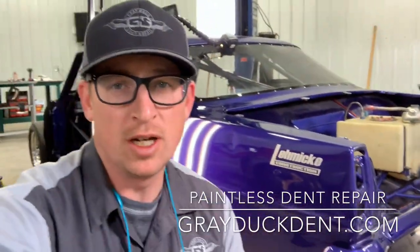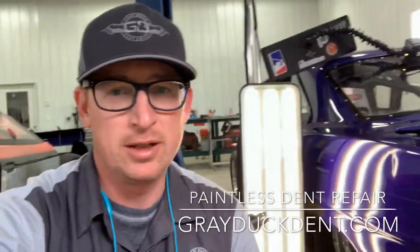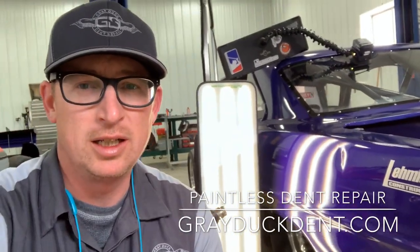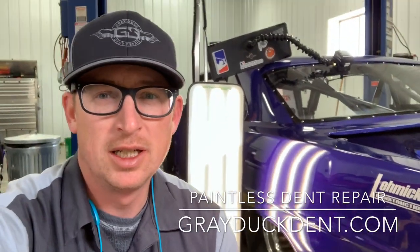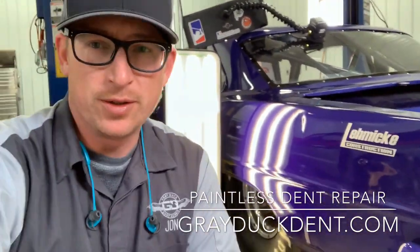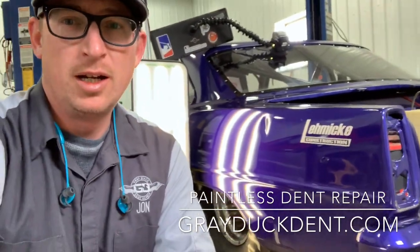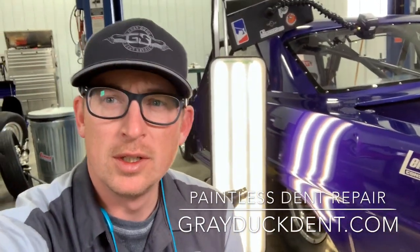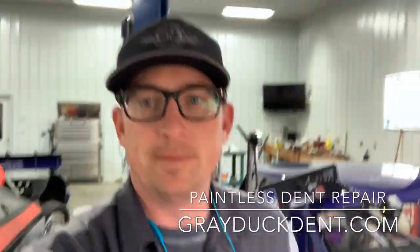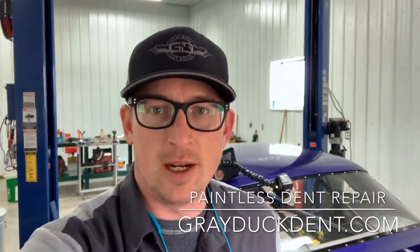Have obviously gone over with the customer that there is a likelihood of this paint cracking because it's not a factory paint job. So there is a number of risks associated with that. There's also a number of things we can do to mitigate that risk, i.e. the heat, softer tip tools, slow and steady as we go here. So I'll pan around, get some good shots of the damage here,